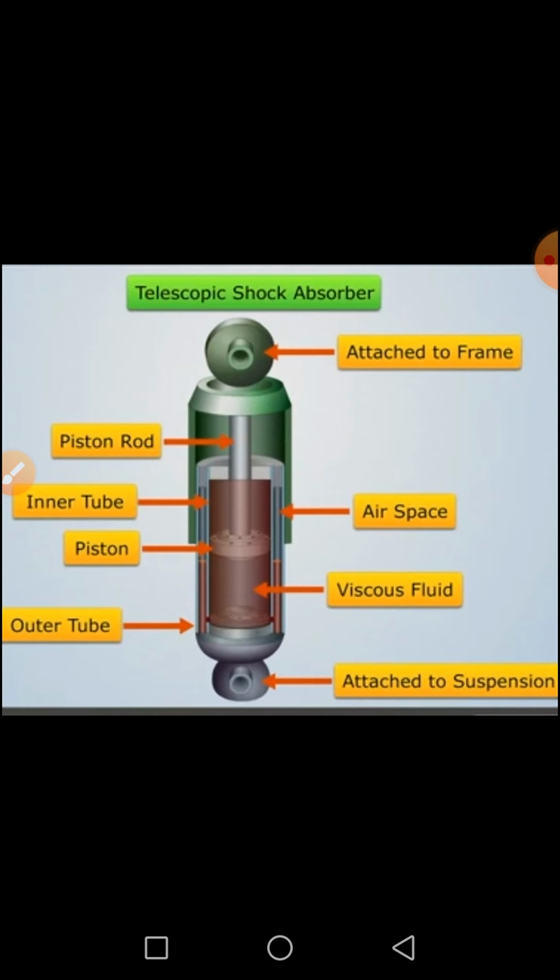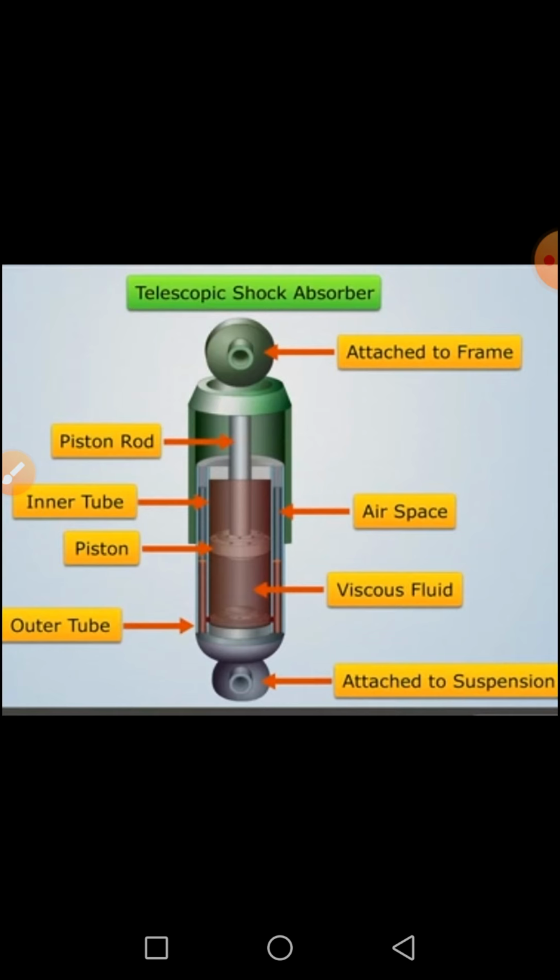Once more, a top eye and a bottom eye for connecting the shock absorber to the vehicle. Top portion will be connected to the frame, bottom portion will be connected to the suspension spring or suspension system. And there are two tubes or cylinders, one inner tube and outer tube.